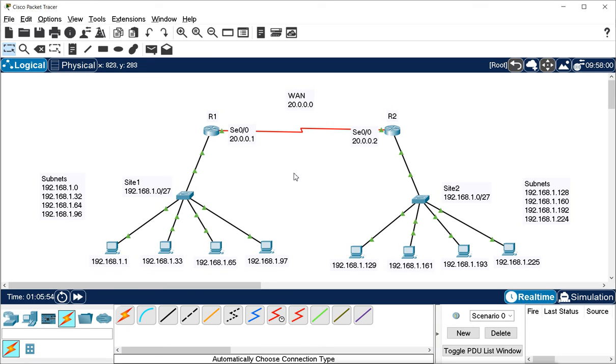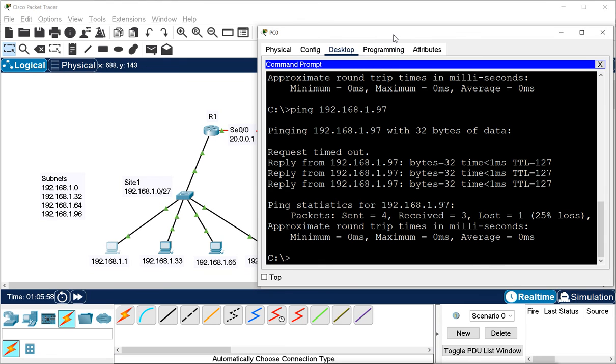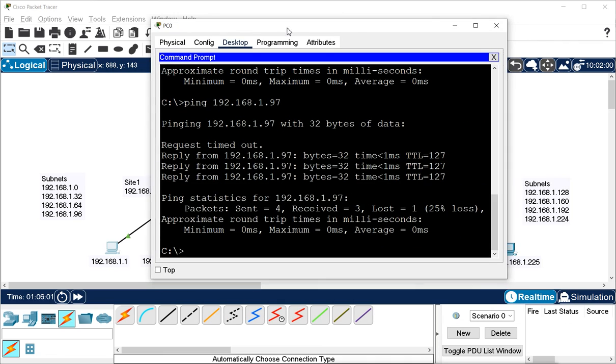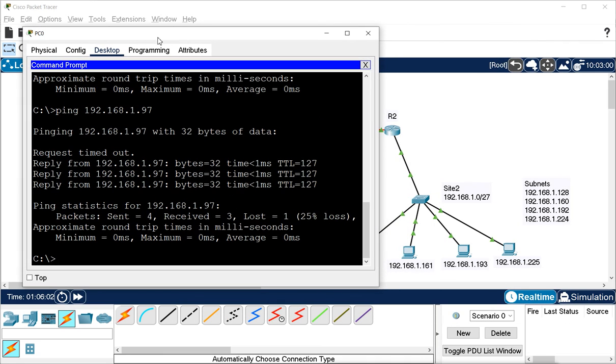I have not configured the routing yet, so I will try to ping 192.168.1.161. Let's say I will try to ping this machine.